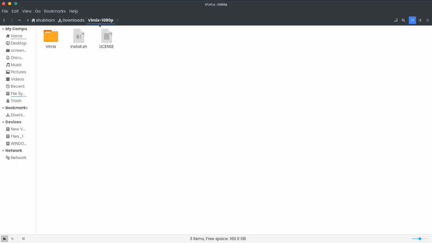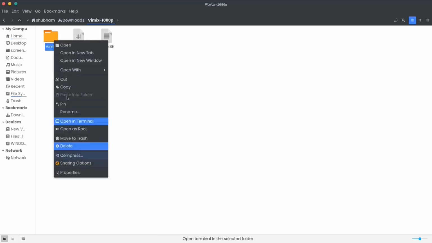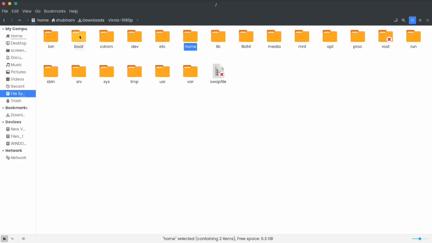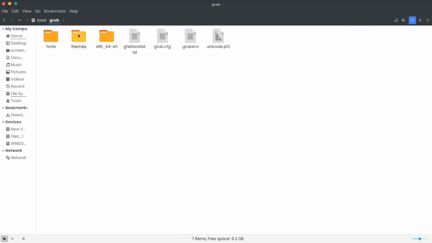What you need to do is open that folder and copy the folder which is next to the .sh file, not the whole folder that you have extracted. Please keep in mind. So just copy this folder and go to your file system, boot, then grub and themes.